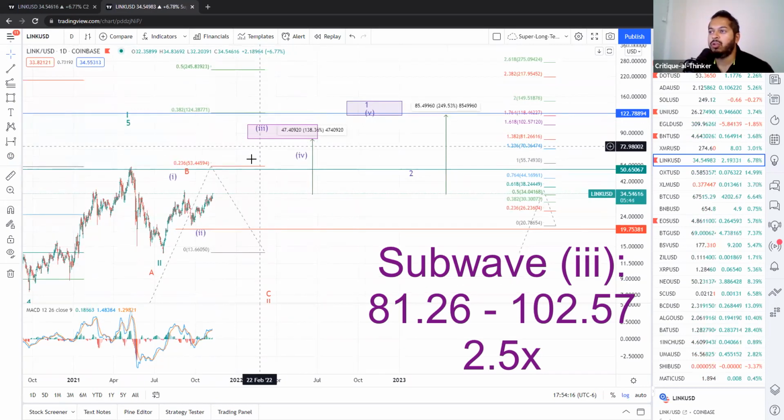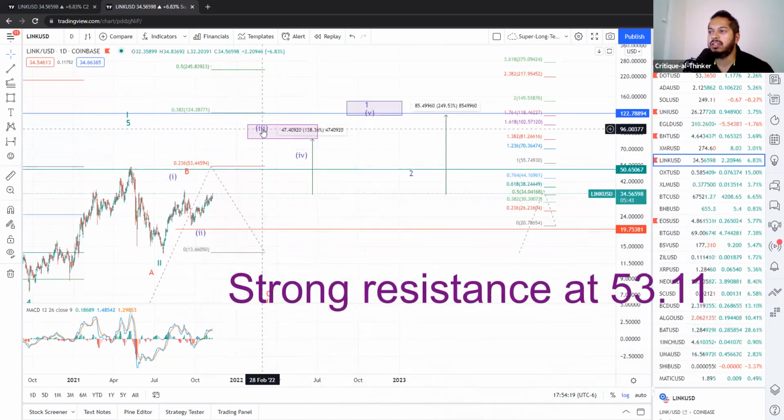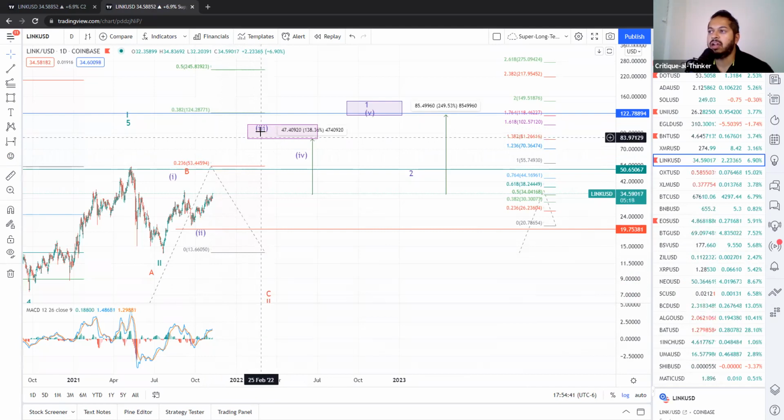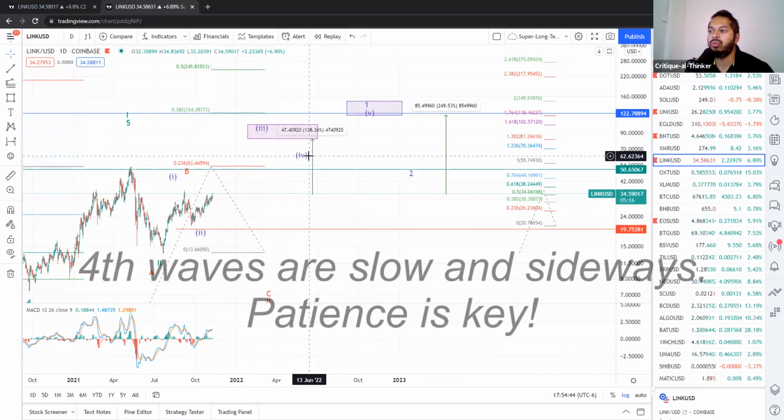Of course, en route to completing this subwave 3, we do have a strong resistance sitting right around the $53 mark. So we may pause there briefly, bump our heads, whatever, but we should make way relatively soon after that point. Once we get up to this target box, I would expect a relatively lengthy fourth wave correction